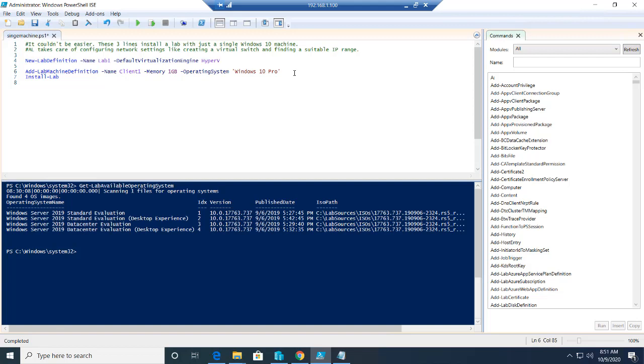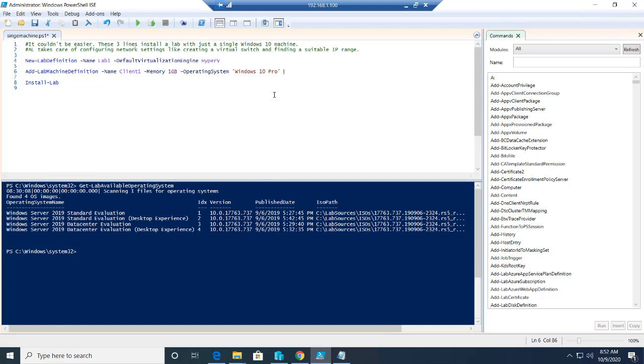In the second line over here, you're going to define a machine: what's the name of the virtual machine you want to create, how much memory you want to give, and what operating system you want to create. There are more options. If you give a hyphen, you can see all the different options that are available. There are plenty of options for you to play with. Let's start simple, and once you get comfortable, you can enable more features to create a machine. So